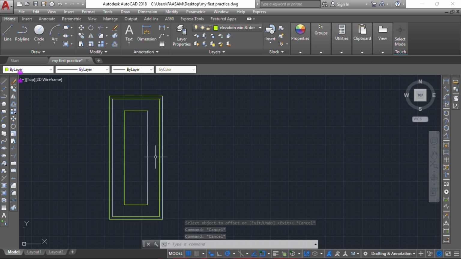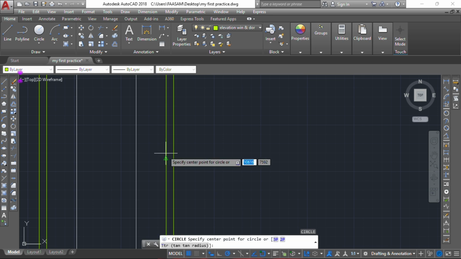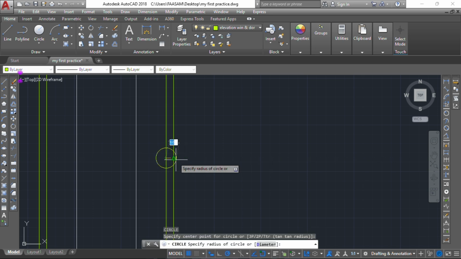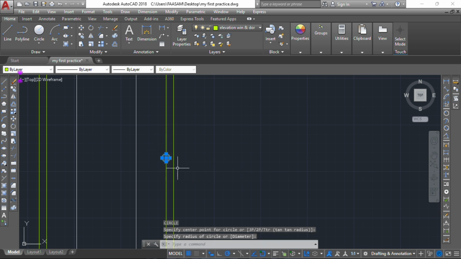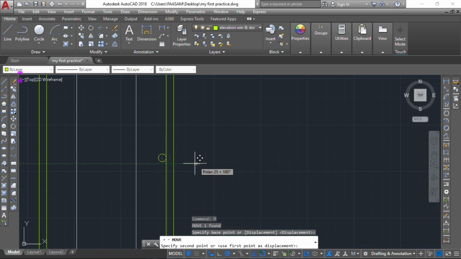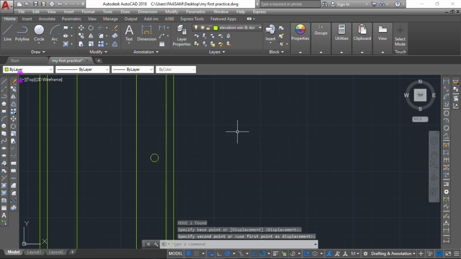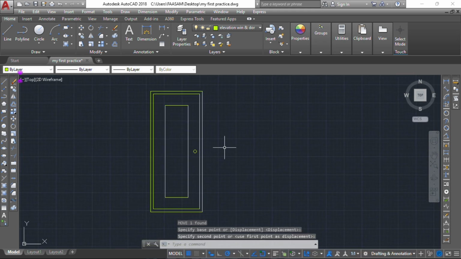Now let's just kind of put a handle here by drawing a small circle. Let's just say C for circle. Let's get the midpoint. Okay, so let's just draw a small circle to indicate our handle. Now let's move it inside. Okay, so I think we are good to go